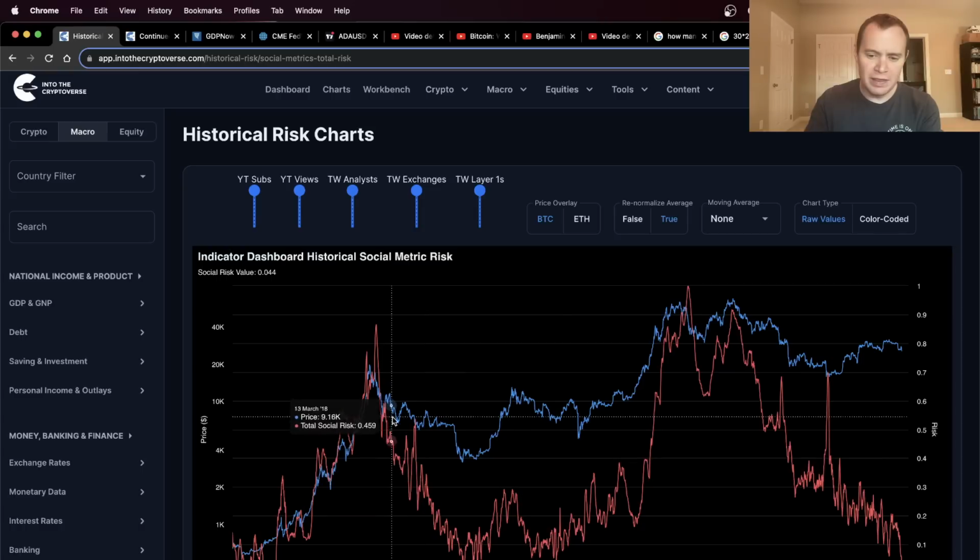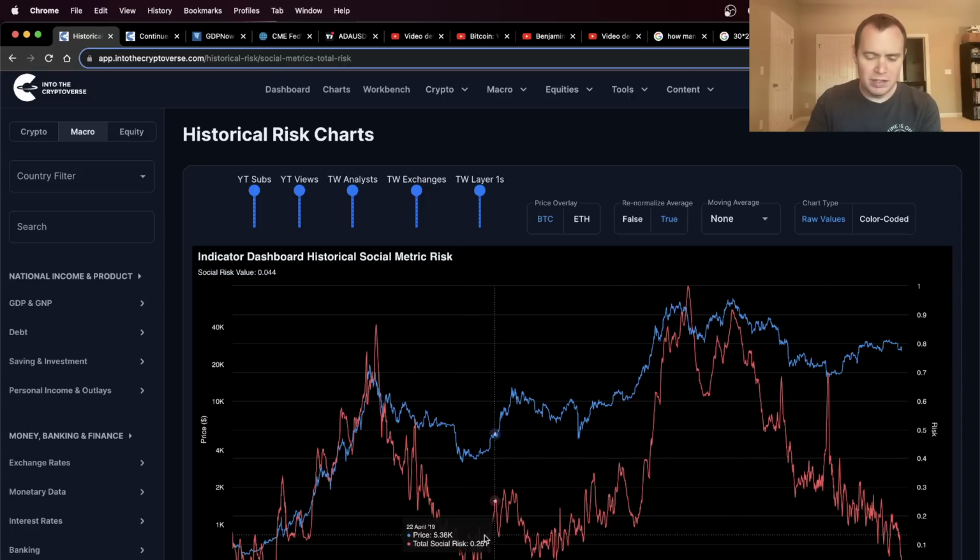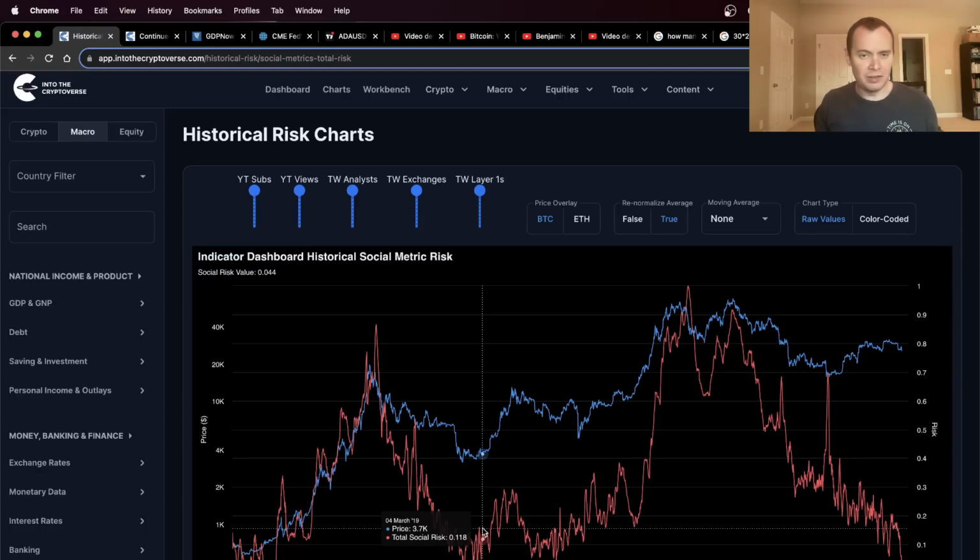As long as we're in this phase, the altcoin reckoning continues. But once we've started to put in some higher lows on the social risk, and we start to see it turn back around, I think then you can start to understand who the marginal buyer might be once QE returns, right? It's just, who's the marginal buyer? If you think about it, who's coming into crypto at the current time to buy your altcoins? When you can tell that YouTube views are going down, you can tell that all this stuff's going down.